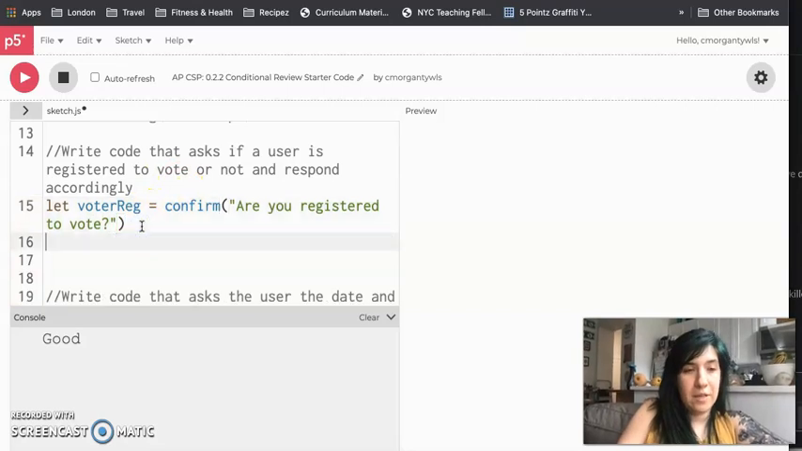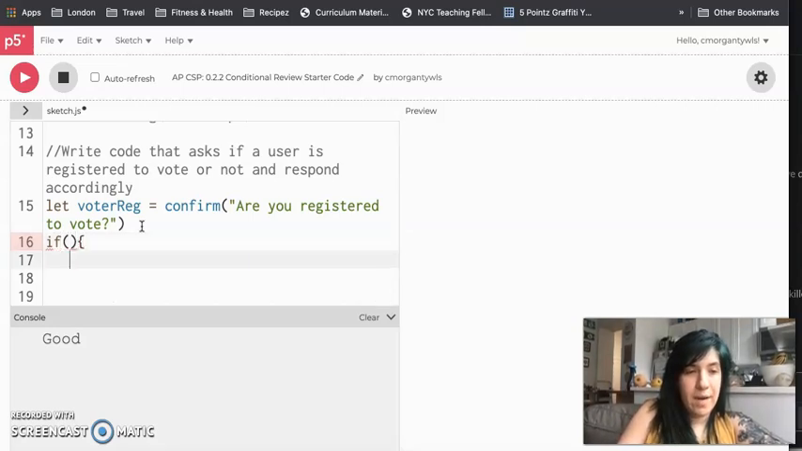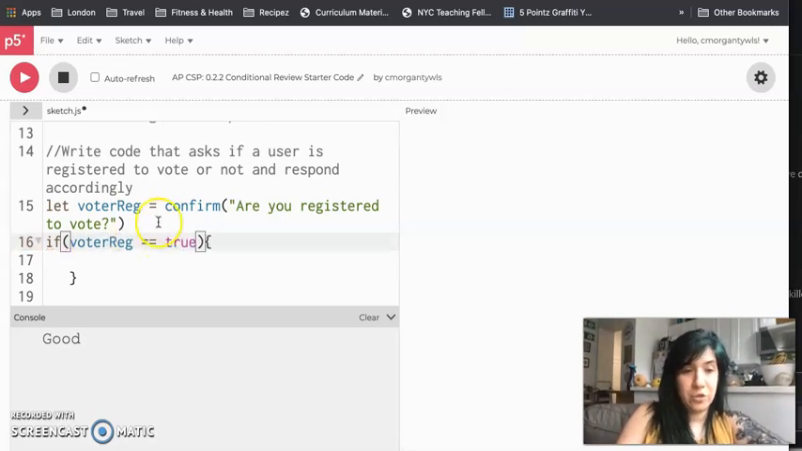Now, rather than just console logging the answer, I'm going to use a conditional here. Remember that in JavaScript, my conditionals always look like if, the condition in parentheses, then a curly brace to open and a curly brace to close. Anything between these two curly braces is a part of that condition that will only run if the condition is true. So I can say, if voter registration comes back as true,